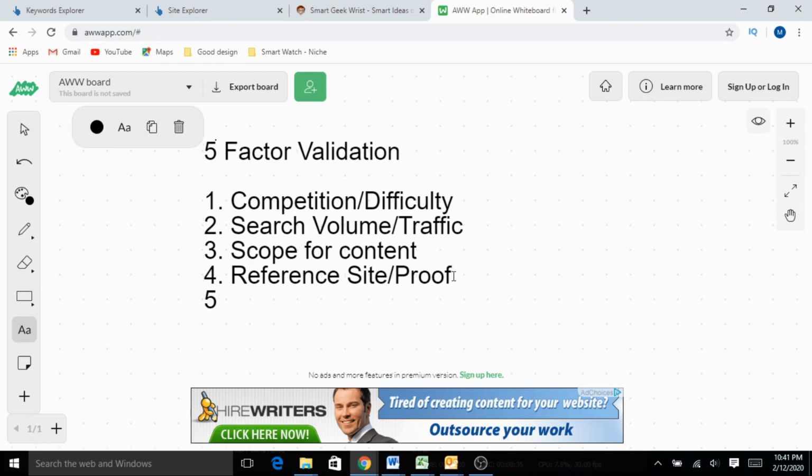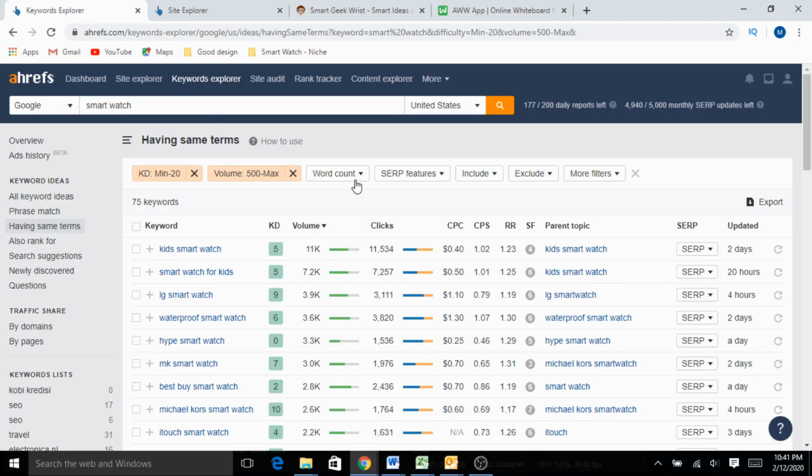Now the last one we look for is earning potential. At the end of the day, we create websites to earn some money. We also need to look at if this particular micro niche has enough potential to earn money. Now as I always do, I validate from two different perspectives. One is I look at what is CPC. CPC stands for cost per click. Okay, higher would be better.